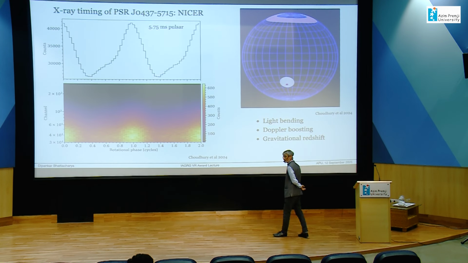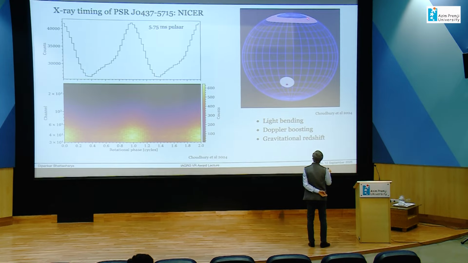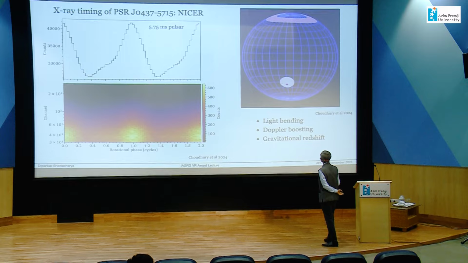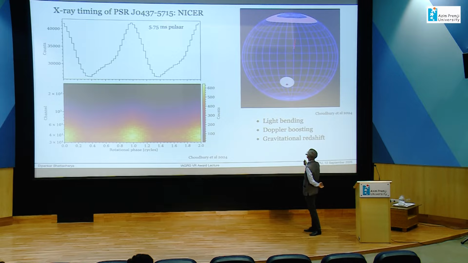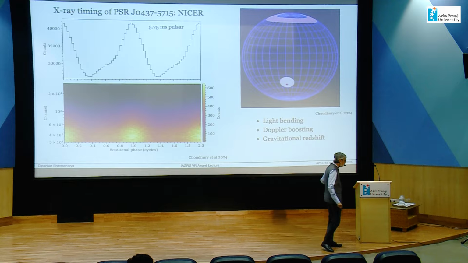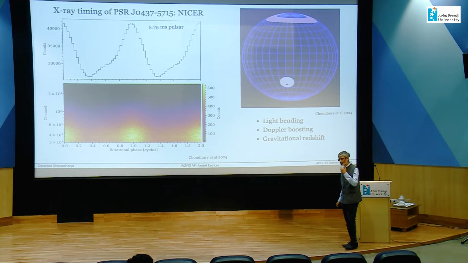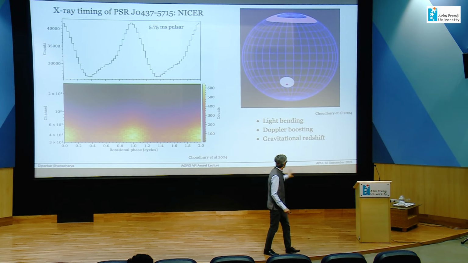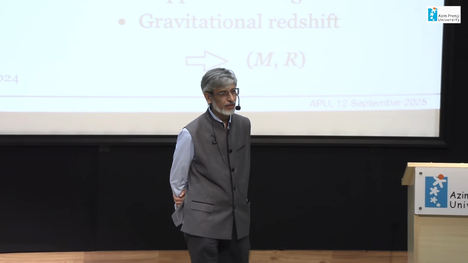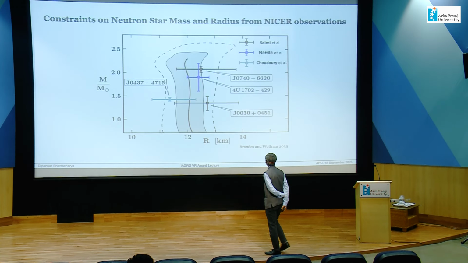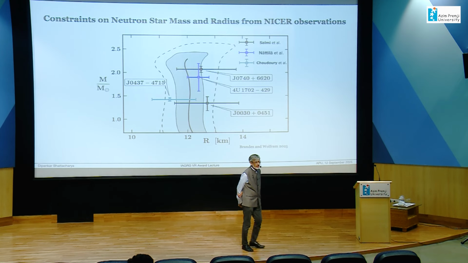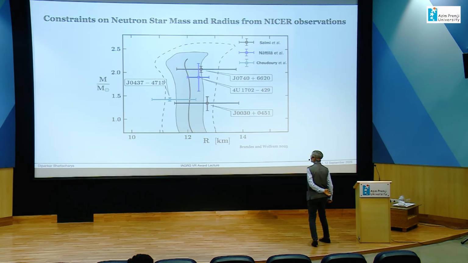And this is one of the latest reconstructions, based on this measurement of the hot spots on the surface. This is hotter than this region. The color code here is the temperature. Now, what has gone into this is a measurement of all these effects. What do these depend on? They depend on the mass and the radius of the star. So once you have this measurement, you have a constraint on the mass and the radius of the star, which is an important constraint in trying to find the neutron star equation of state.